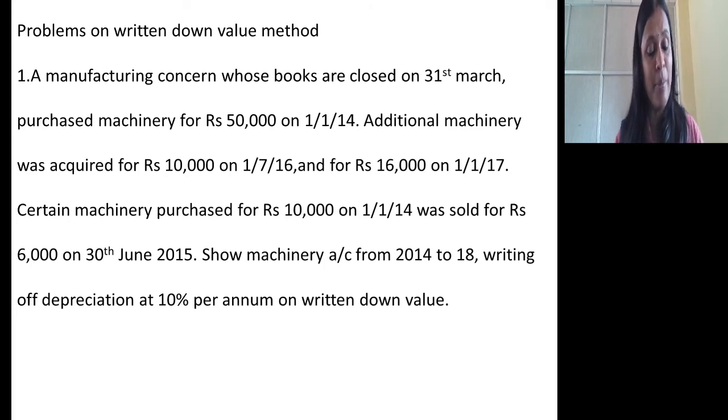If a part of the machinery is sold in a later year, then while calculating depreciation, you make a bifurcation. The part which will be with you till its lifetime and the part which will be sold in later years, you make that asset into two parts. Now I am making the first asset, purchased on 1/1/2014, into two parts. One is 40,000, the other is 10,000. So it is easy to calculate depreciation.